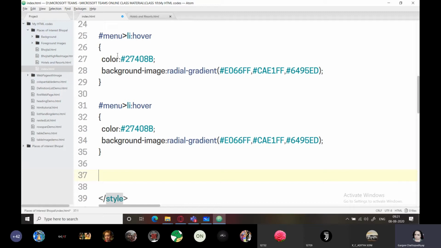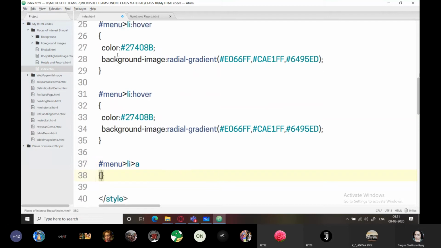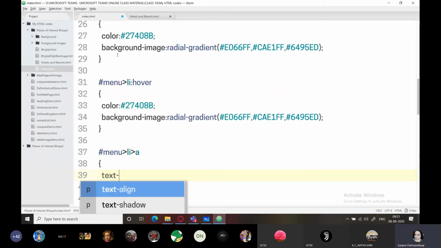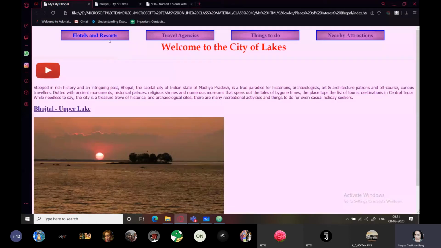Many a times we get problems in this, so we need to apply this. Firstly, I will use text decoration as none. This will first of all remove the underline, and now all I need to do is remove this blue color from here.